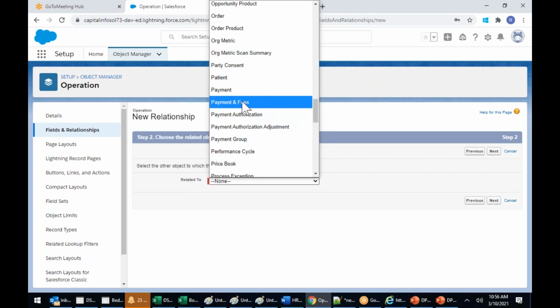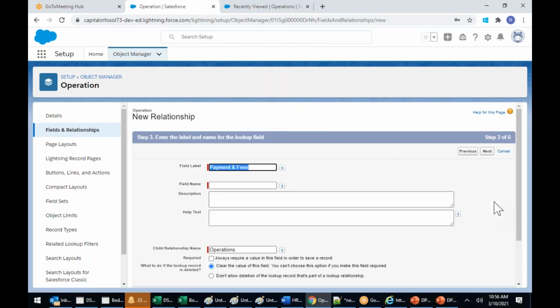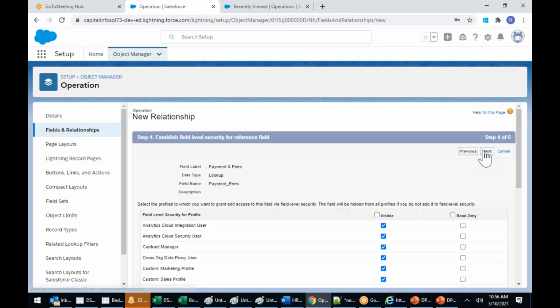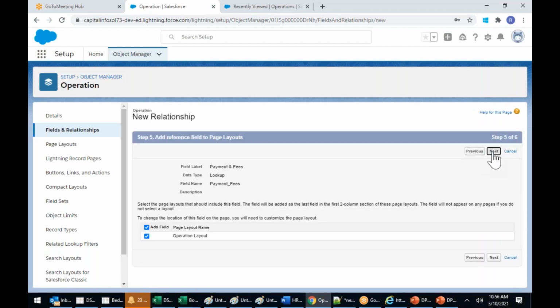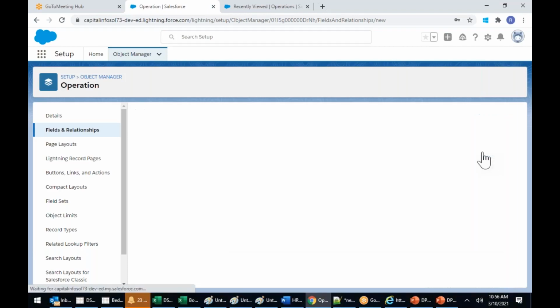Payment and fees. I'm linking it to payment and fees. I click next, next, next, next, click save, and see that I don't have